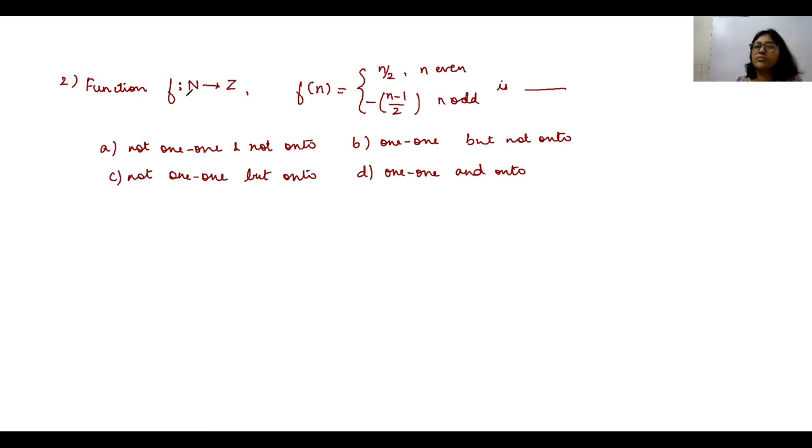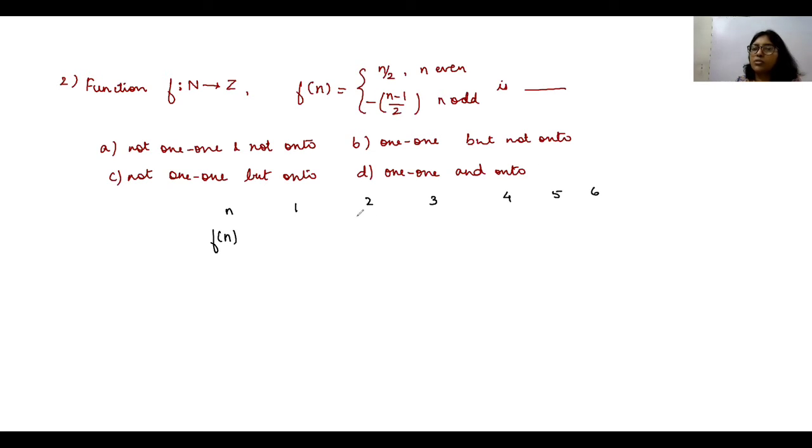Now this one is a function from N to Z, and we are looking for one-one, onto. Whenever it is a function from natural numbers or integers, it's simply good to find a few values and check the images, whether they are repeated. If they are not repeated, it is one-one. If all the range values are equal to Z, the codomain, then it will be onto. In most cases, you can judge with a few values.